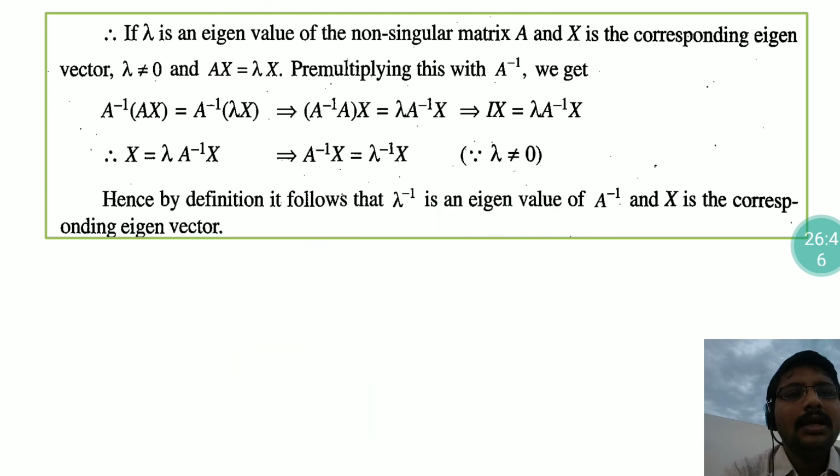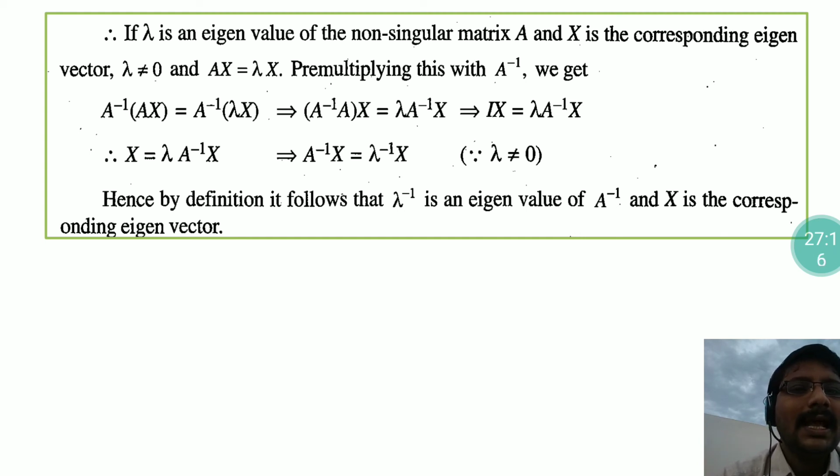So we will have Ax equal to lambda x corresponding to the eigenvector x. We just have to multiply with A inverse on both sides, that is, pre-multiplying with A inverse. So A inverse of A into x is A inverse of lambda into x. But what is A inverse of A? The identity matrix I. But what is Ix? x. So thus we will have x equal to lambda into A inverse into x.